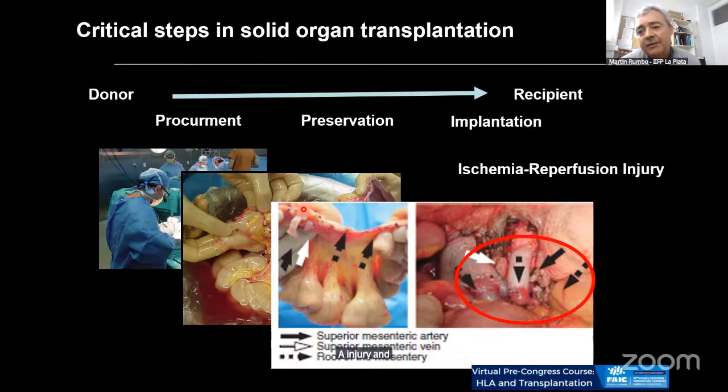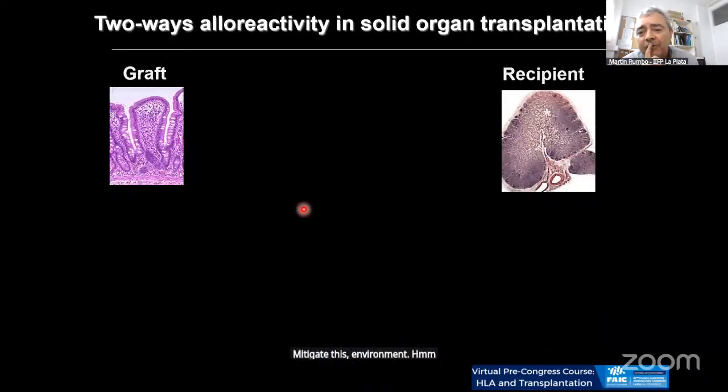And this is something that normally, a stronger immunosuppression is used at the moment of transplantation to just mitigate this environment. And so after having this